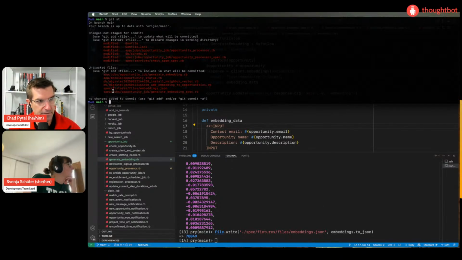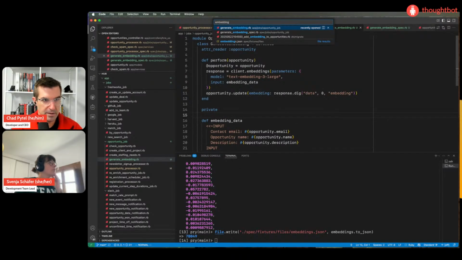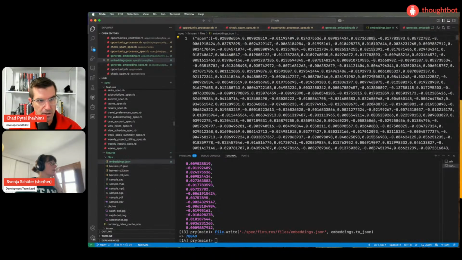Yeah, spec fixtures, files, embeddings.json. Let's see it. There it is. Cool.